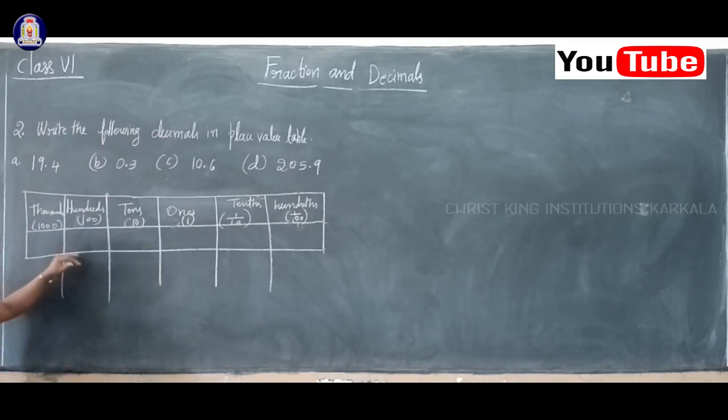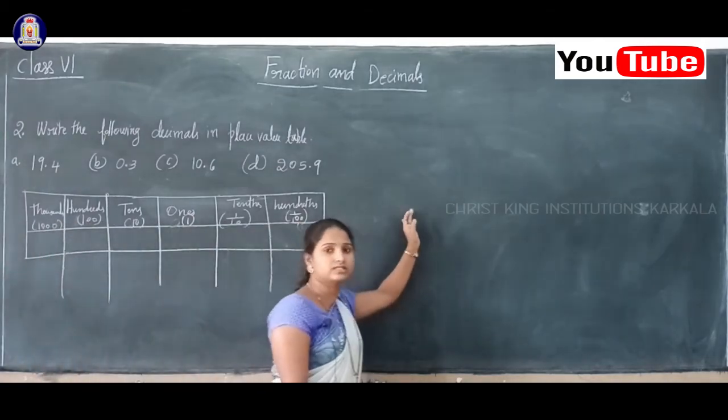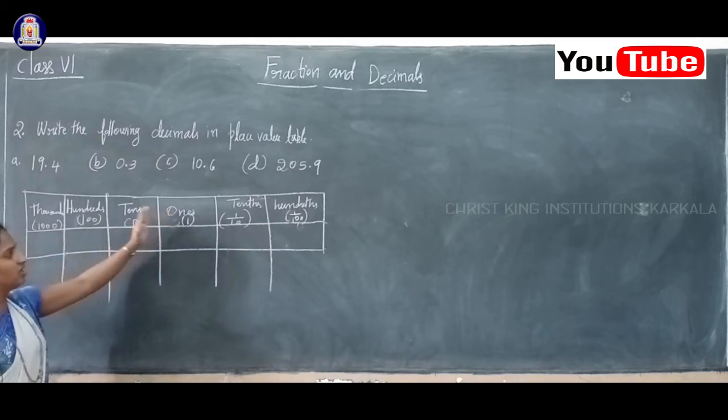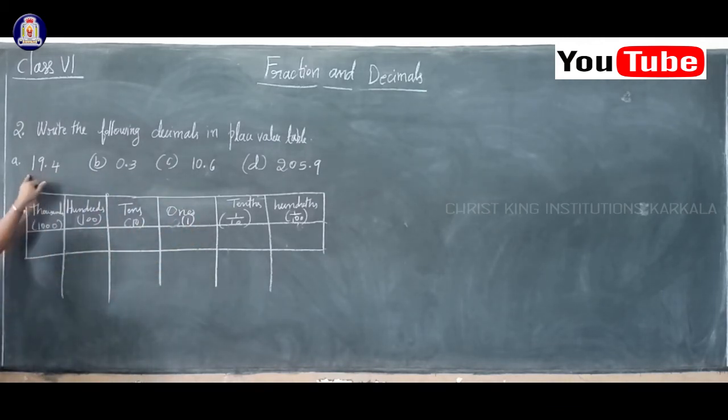This is a place value table. You can continue like this: thousands, 10,000s, like that. On this side the values are decreasing, and on this side the values are increasing: ones, next tens, 100, 1000, 10,000. But the values here are very small numbers, so this much is enough. Suppose if 1000 or 10,000 is given, then you have to write in the next column, 10,000, lakh, like that.